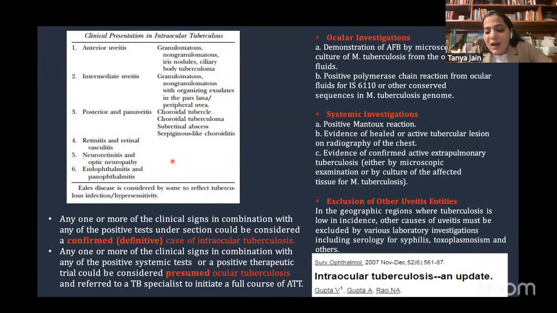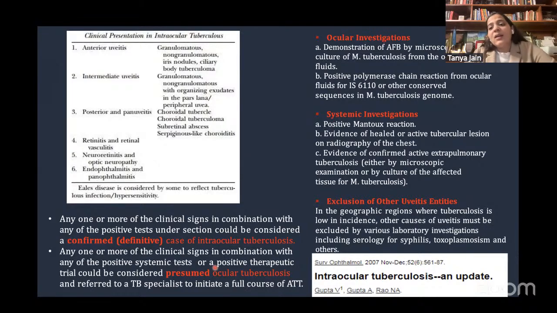Okay. So a very landmark paper by Dr. Gupta showed us this. If you remember this table, you'll always remember what could be the manifestations of ocular TB. These are the manifestations: granulomatous uveitis, tubercles, tuberculomas, serpiginous-like choroiditis. If any of these ocular findings are present, along with ocular investigations that include demonstration of TB bacilli from an ocular sample, it is confirmed. However, if along with this there is a positive Mantoux test or active or healed evidence of TB on the chest X-ray or CT scan or an IGRA, this patient has presumed ocular tuberculosis,